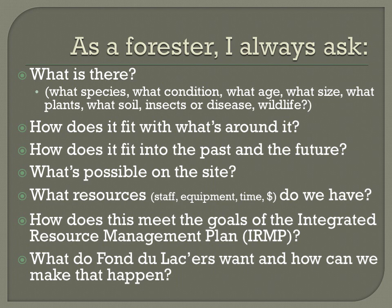Then how does it fit in with what's around it? And this can be sort of at the large picture, where I looked at on that previous slide, you kind of look at what are the age of Fond du Lac forests in general. So how does this particular stand fit in with the general age structure? Do we have too many old stands and not enough young stands? How would we want to do that? Are all of our young stands in the southern part of the reservation and all our old stands in the northern part? That's not actually the case, but if you could ask yourself that and think,